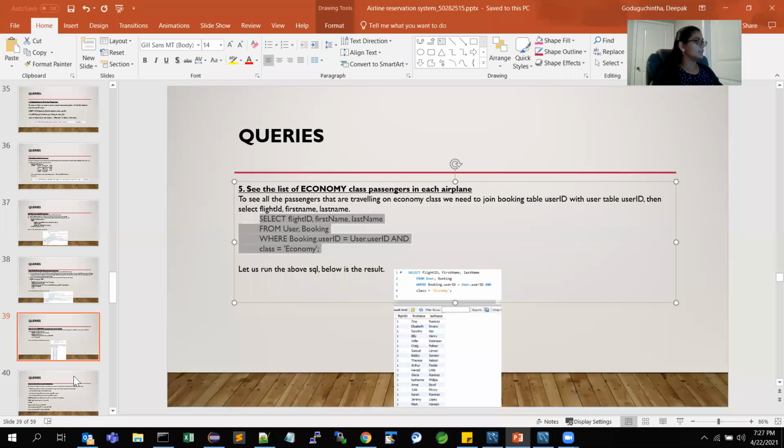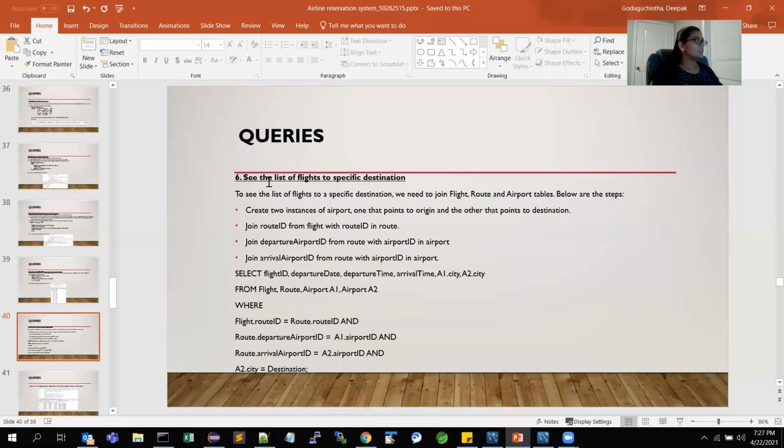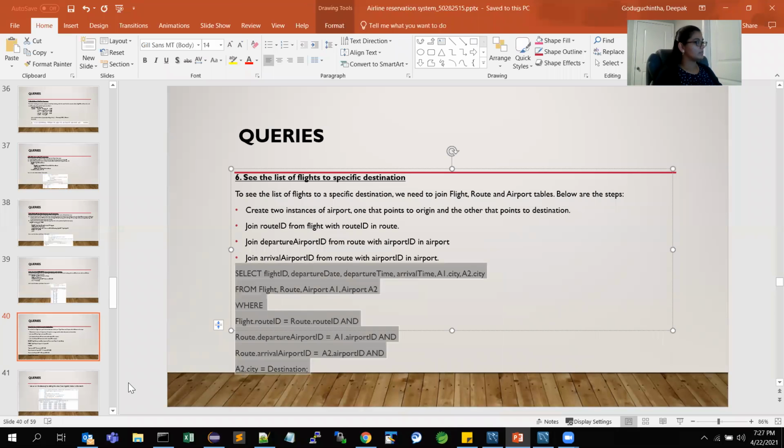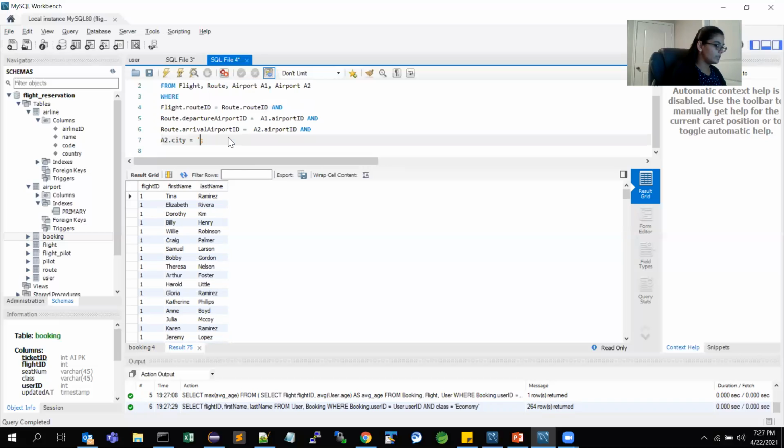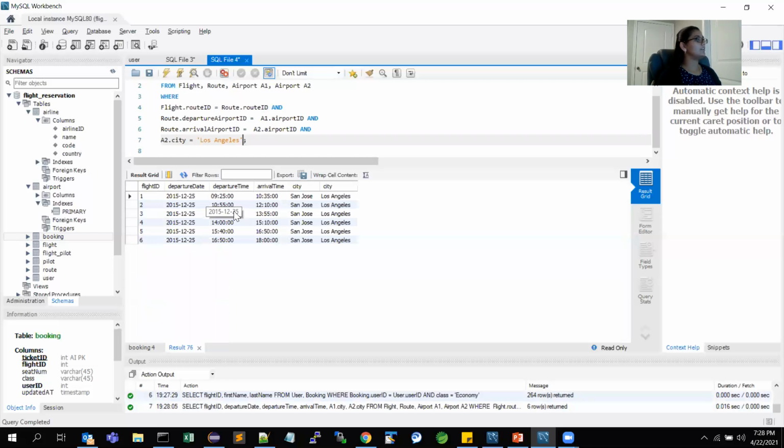The next query is to see the list of flights to a specific destination. So I'm copying this query and I'm giving the destination as Los Angeles. And let's run this. So here you can see the output.